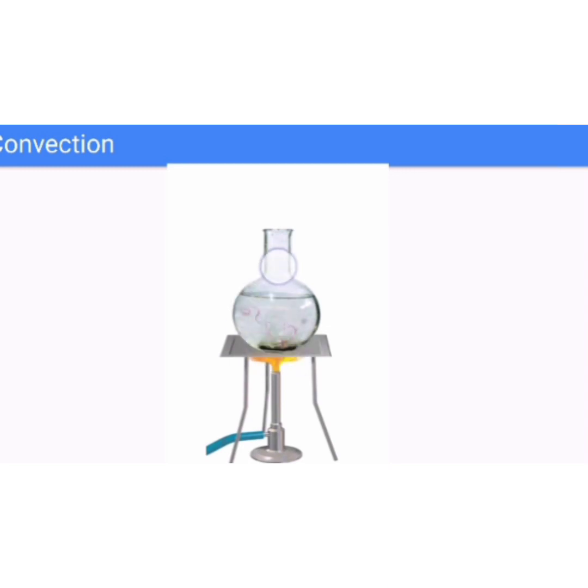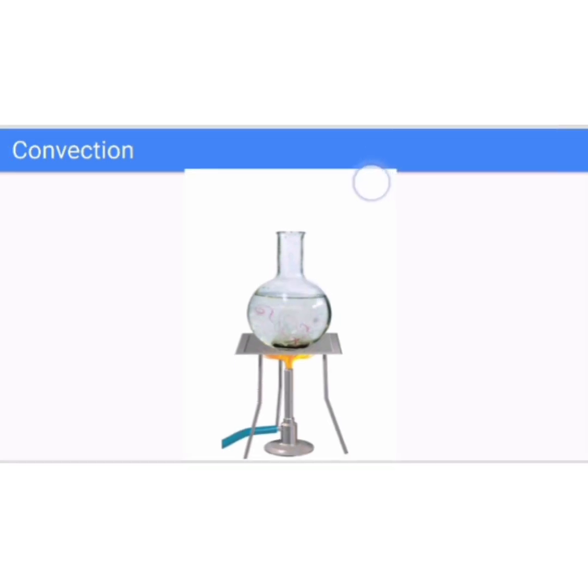This mode of heat transfer is called convection of heat. This is how heat travels in water. And how does heat travel in air? The air near the heat source gets hot and rises. The air from the sides comes to take its place, and in this way the air also gets heated.